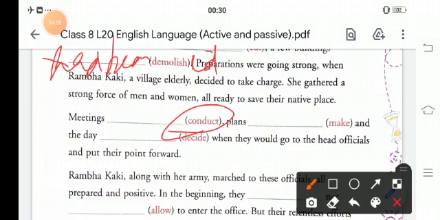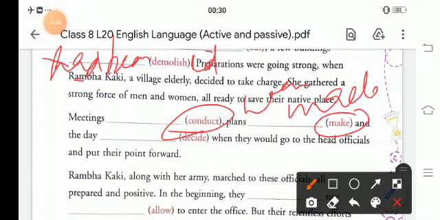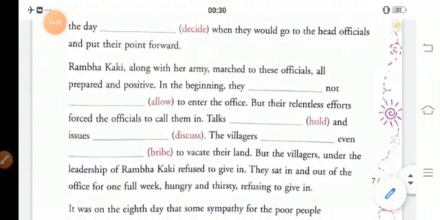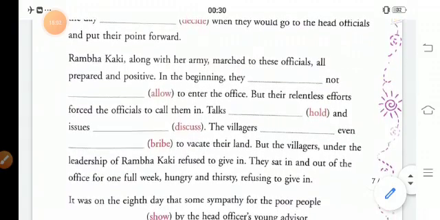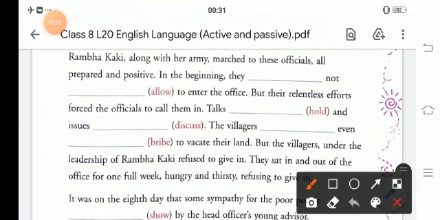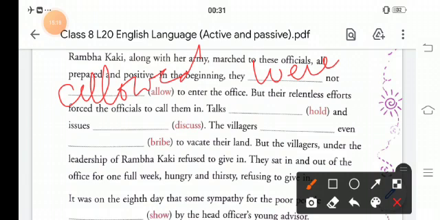Plans were made. And the day was decided when they would go to the head officials and put their points forward. Rambha Kaki, along with her army marched to these officials, all prepared and positive. In the beginning, they were not allowed to enter the office,